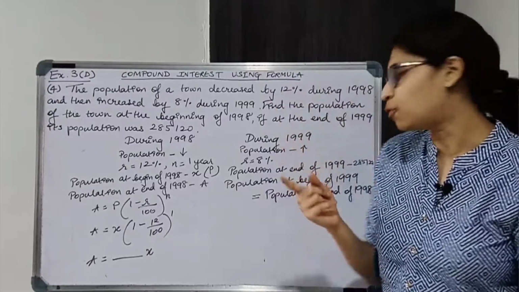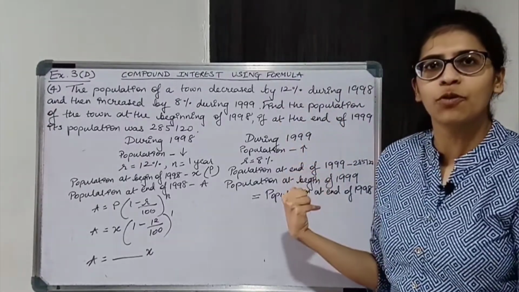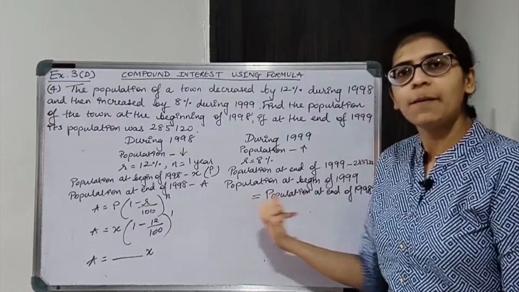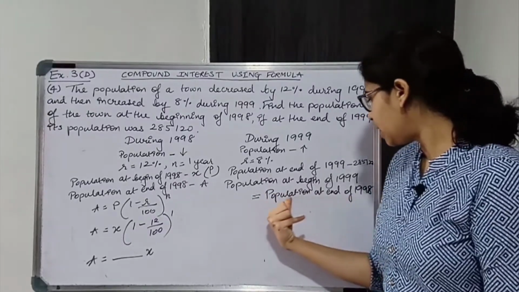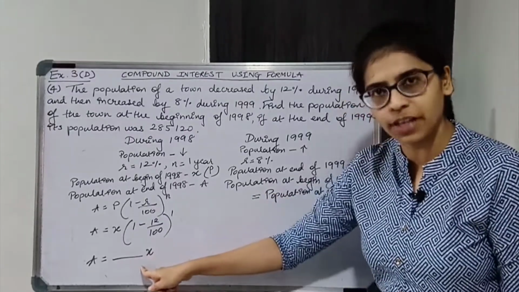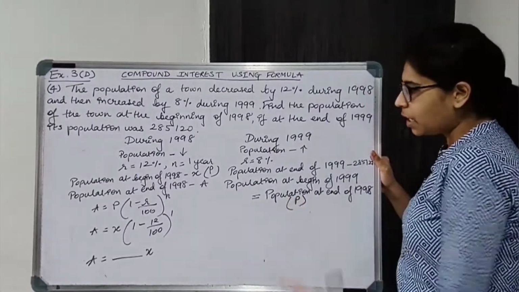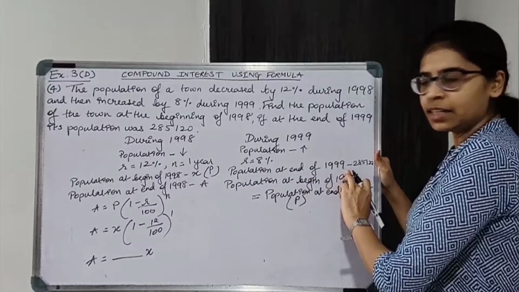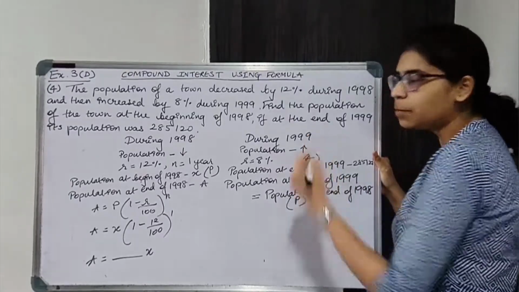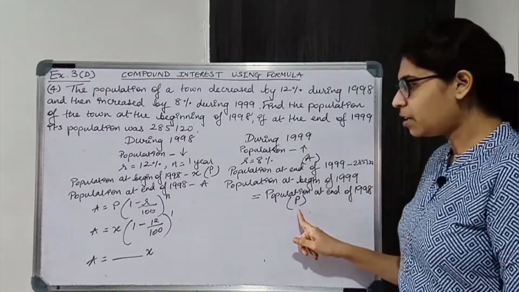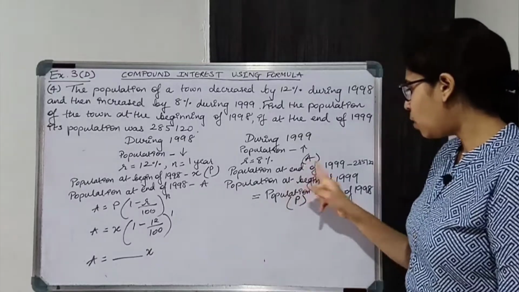Now which one comes before, beginning or ending? Beginning comes before, so this will be the principal. Population at end of 1998, the value that you get over here, will be the principal. Population at end of 1999 will be amount. So principal we will get from here. Amount is this much,